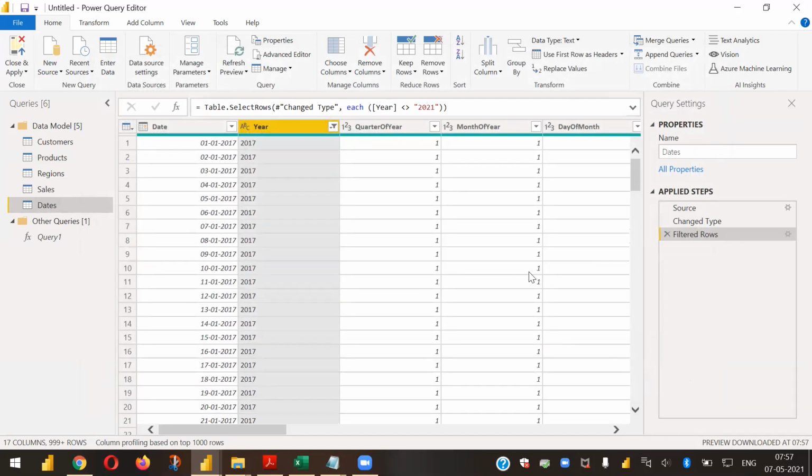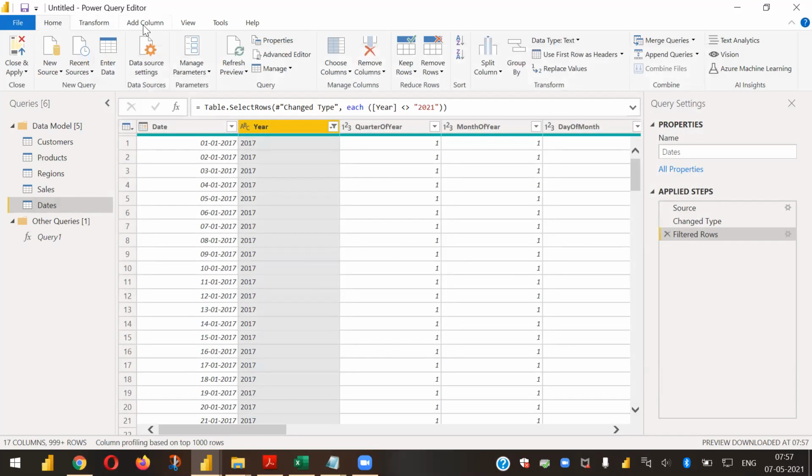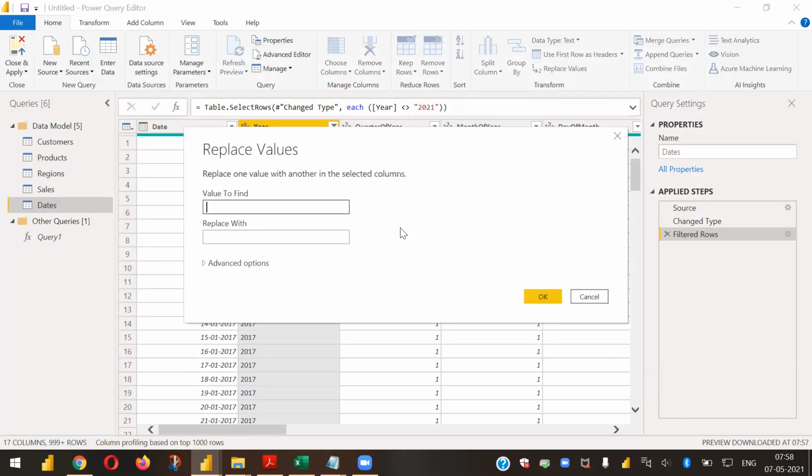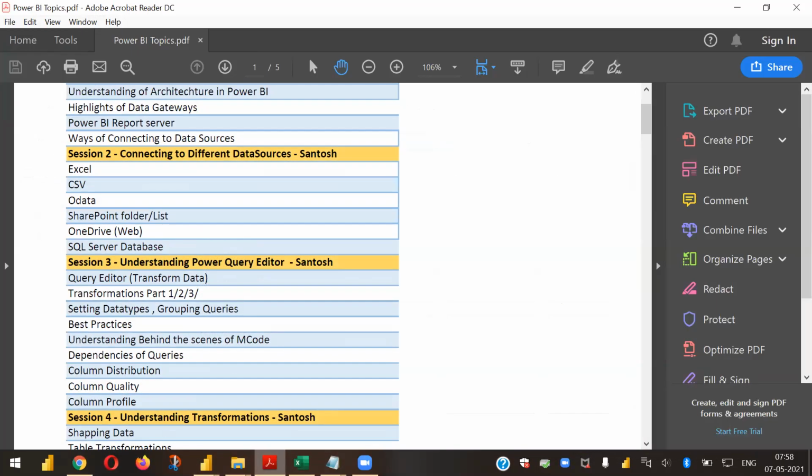So you can get the data you want here by doing a lot of transformations. We'll see more transformations in another session, where Aditi has a very good data set with completely unstructured data. When we pull that unstructured data, we get to work on additional transformations, where we can replace values. Suppose we have some dummy values like ABC or some random values. We can always replace those values with other values or do a lot of transformation. That will be covered later. Right now, this is all about the Power Query editor.